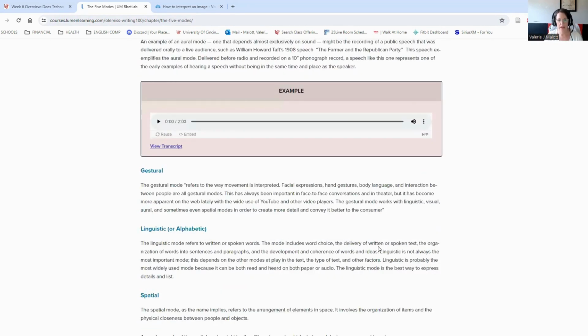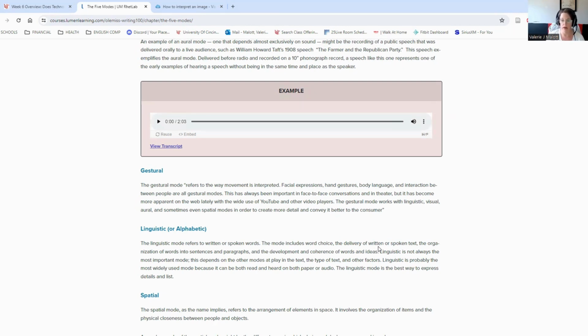Oh, gestural. Gestural mode refers to the way movement is interpreted. So things like facial expressions, hand gestures, body language, and interaction between people are all gestural modes. And you can also think of sign language, right? American Sign Language is a very gestural mode of speaking, and there's not only the hand gestures, but also often there's facial expressions or certain body language that comes into play that helps to convey the meaning of that gestural